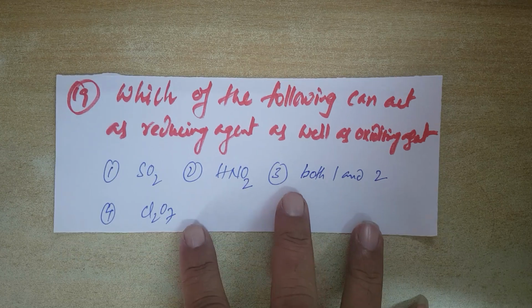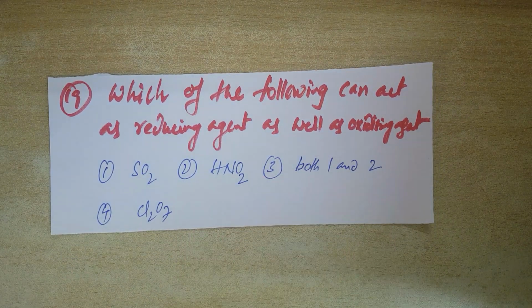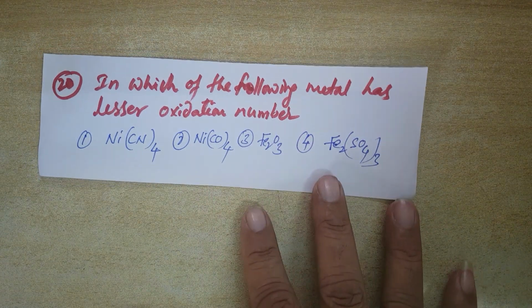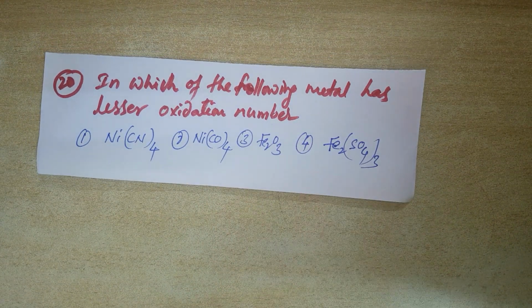Question number 19. Which of the following can act as an oxidizing as well as reducing agent? Use the oxidation number concept. Given options are SO2, HNO2, both 1 and 2, Cl2O7. And the last question. In which of the following does the metal have the lesser oxidation state? If you are